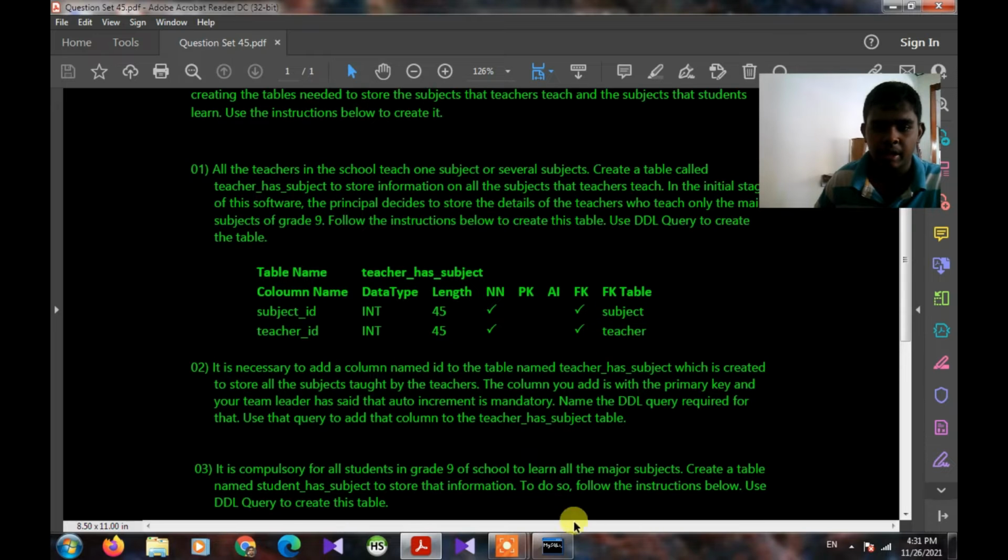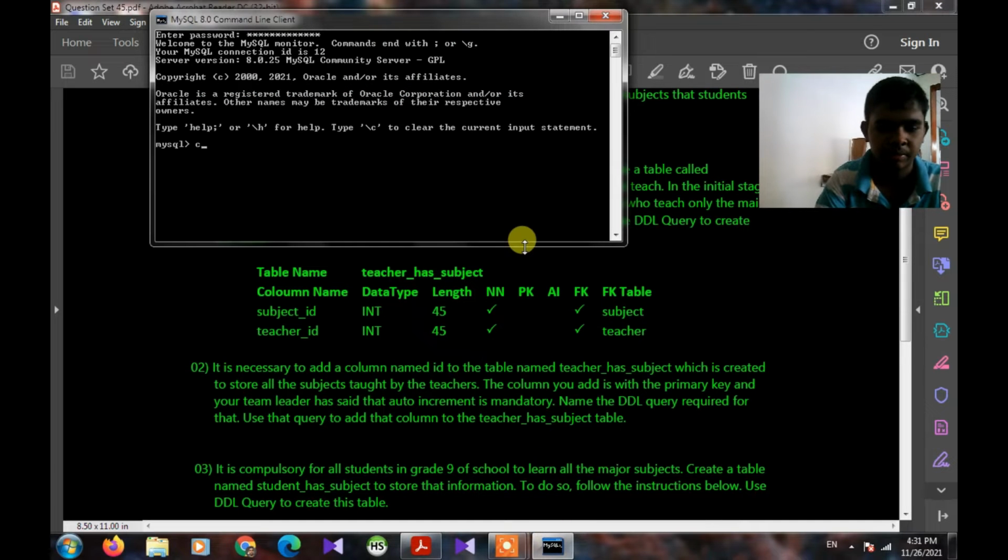First we can type create table. Sorry, first we have to tell what database is being used. So here we should type use Ranabima School DB, and now the database has changed.